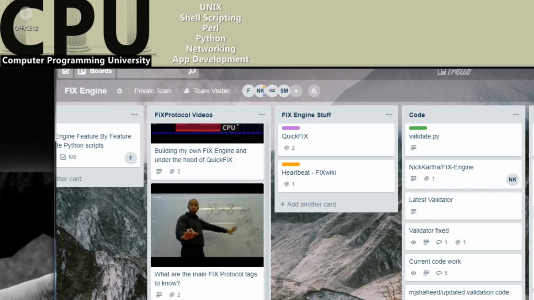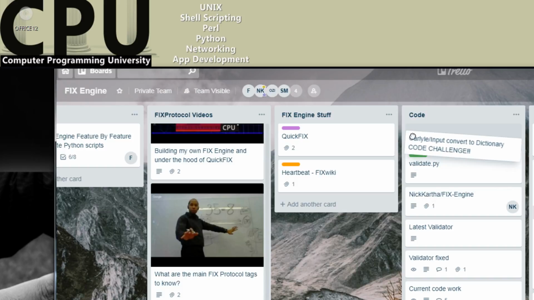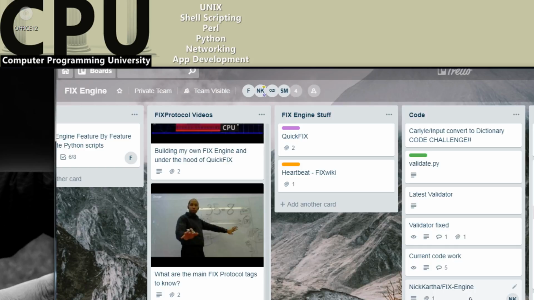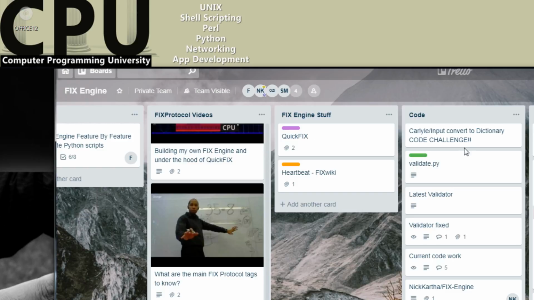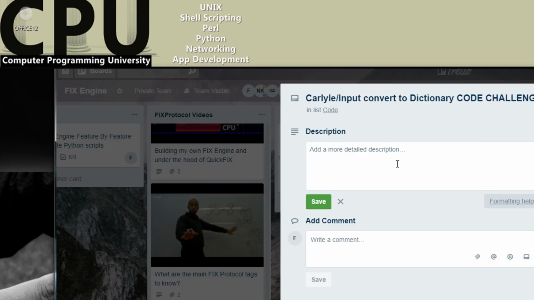All right, so add that card. Let's put it up on top. I gotta take a look at what Nick has going. Let me put it next to MsgType. All right, so there's the code challenge. If we go in here, we can add